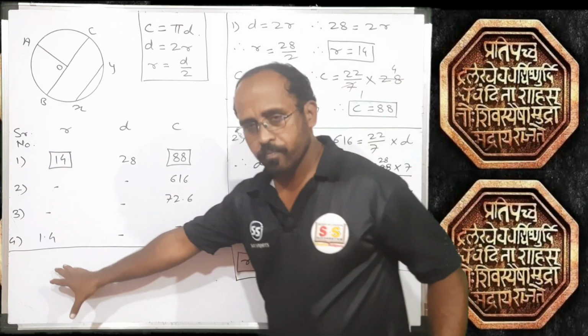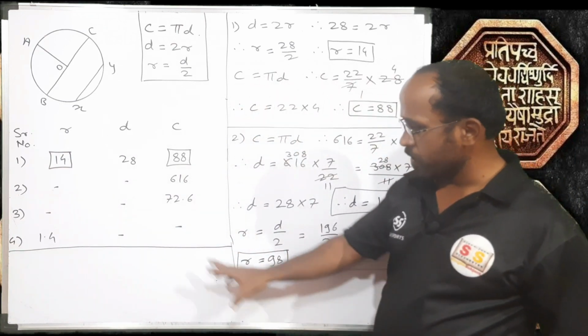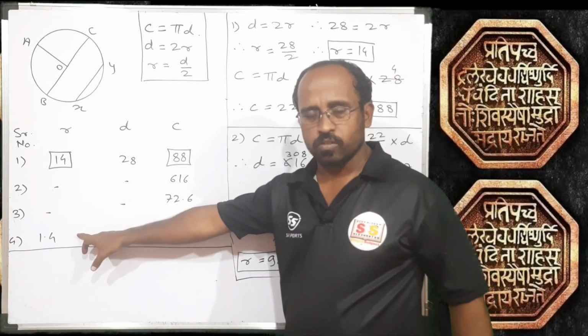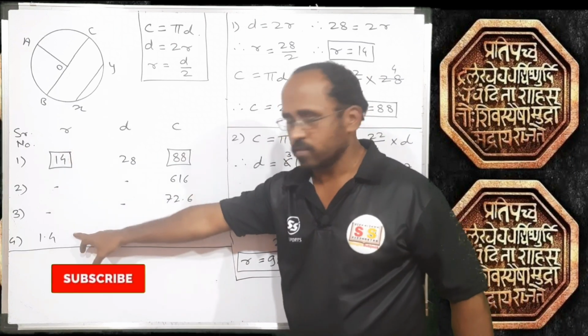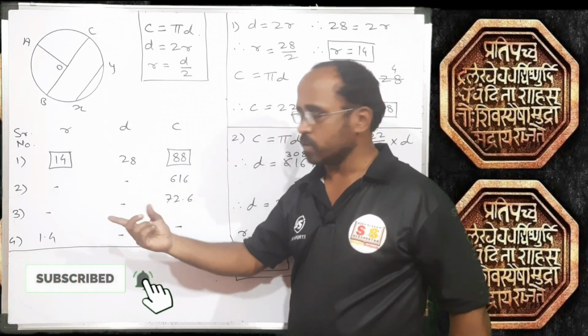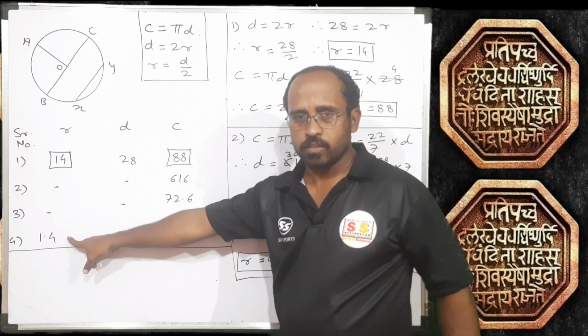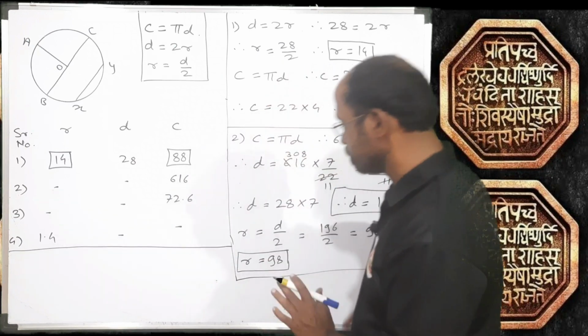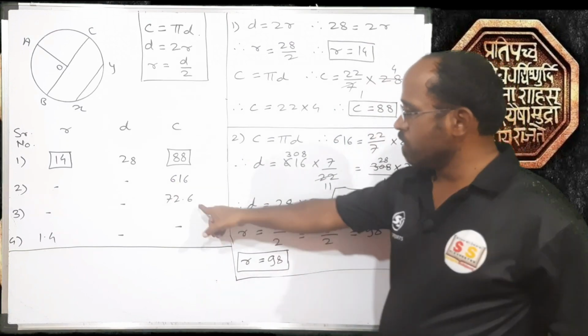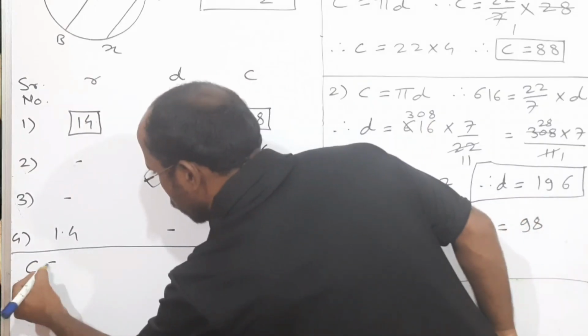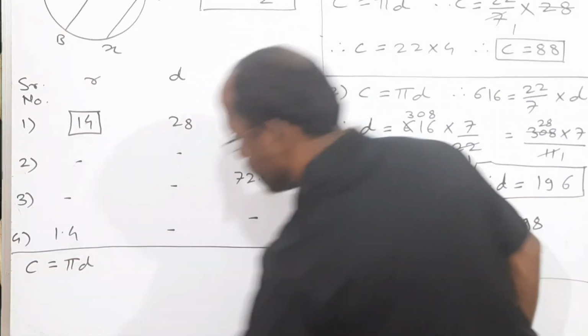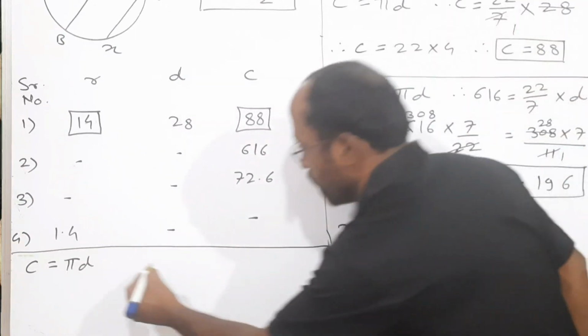Let's solve it here. I think there will not be place for the fourth example, so you just solve the fourth example where radius is given. We have solved one example in which radius was given, so consider this example as homework. Okay, circumference C is equal to pi d is given. Clear up to this? Replace the values.